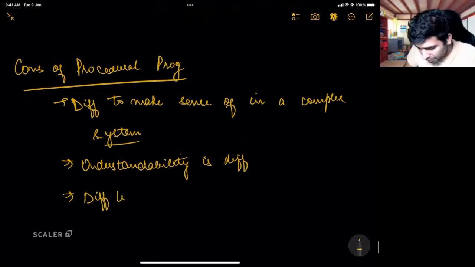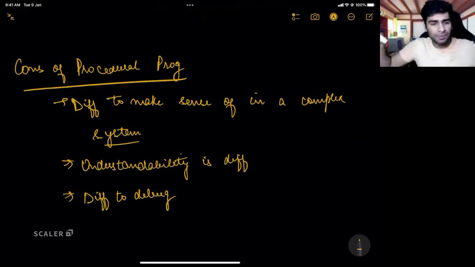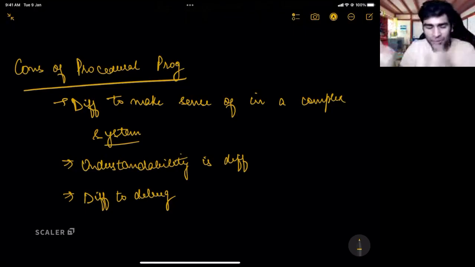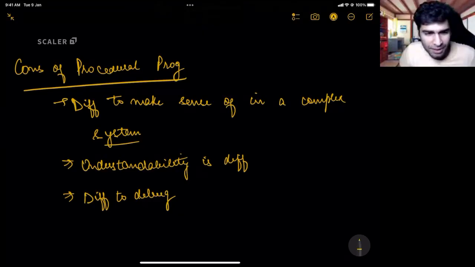Code bases are difficult to debug because, let us say, if one day humans start flying in a procedural code base, will you know where the problem is? If one day suddenly you see that humans are flying, will you get an idea of how they are flying? It will not be easy, right? There might be any procedure written somewhere which is making the humans fly. So that's not really good.